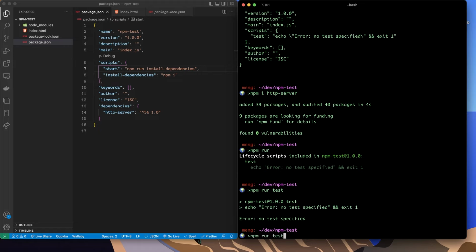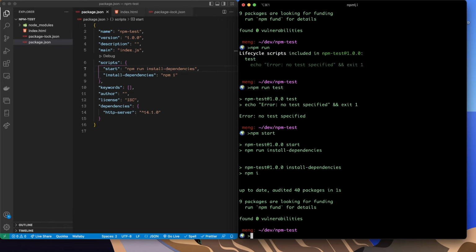So we'll just go npm start, and yes. Now what it's doing is it just quickly checked if we needed to install anything, and